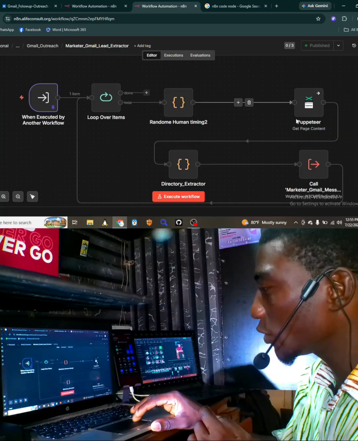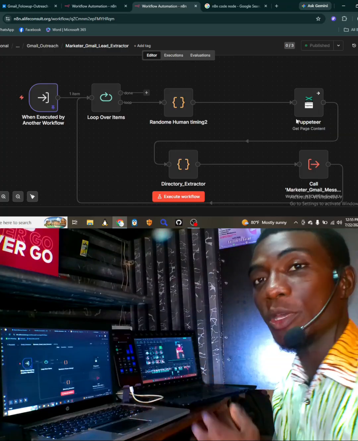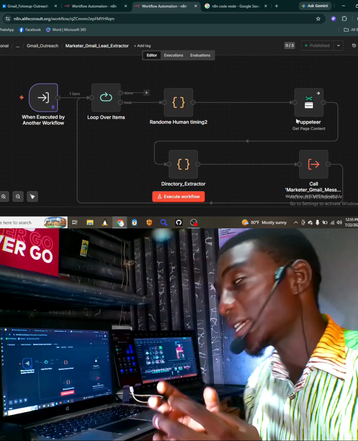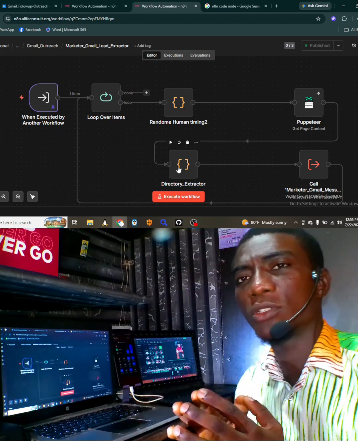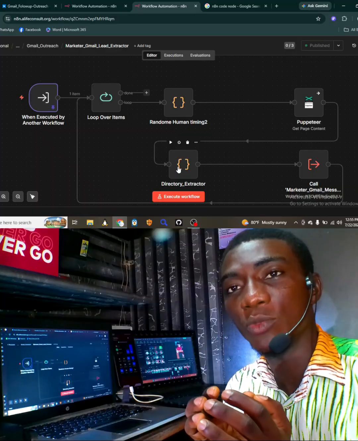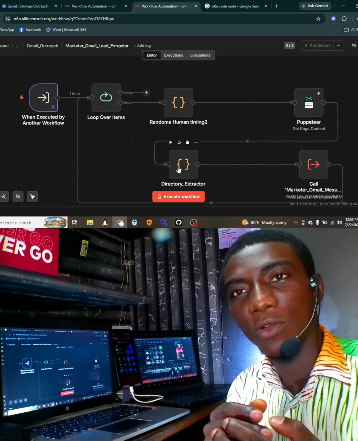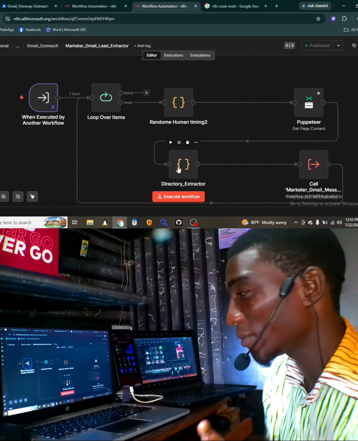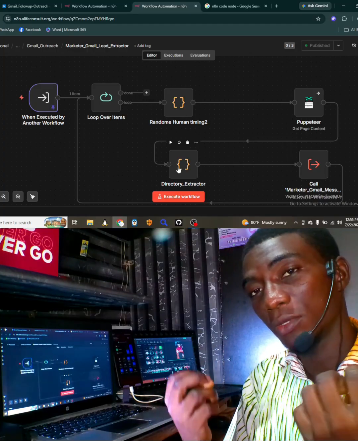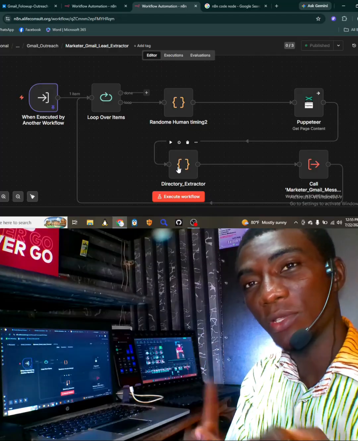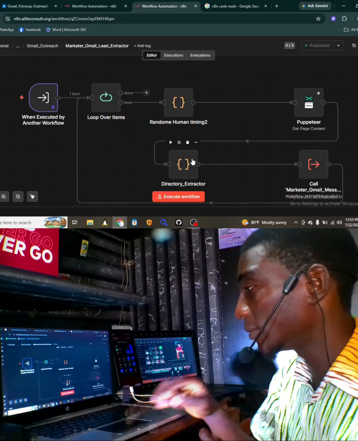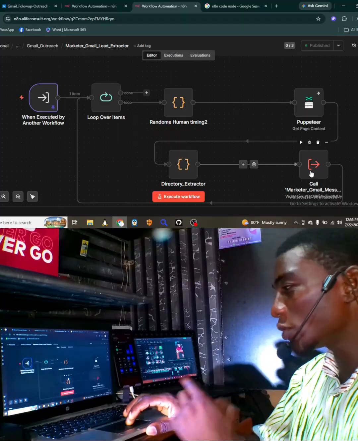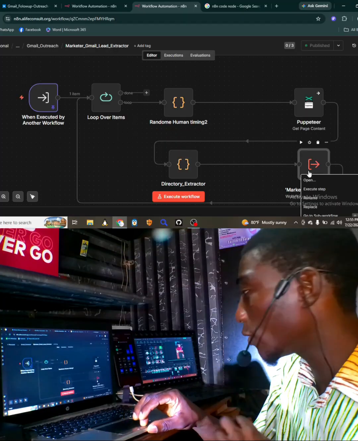So after this one has done the searching, it waits for the whole web page to load. It sends the entire data into this code node. I love using the code node because it's a flexible node, a node you can use to achieve whatever you have in your mind. So it makes the work easier. So I use the code node to extract the Gmail address, the business name, and the address of the business. Once the code node gets all that information, it goes straight into another workflow, which is the third workflow, the